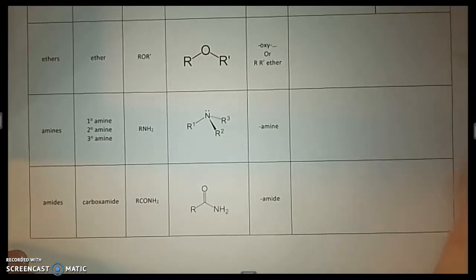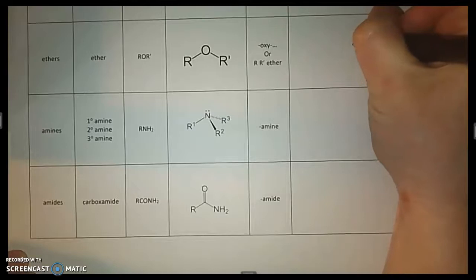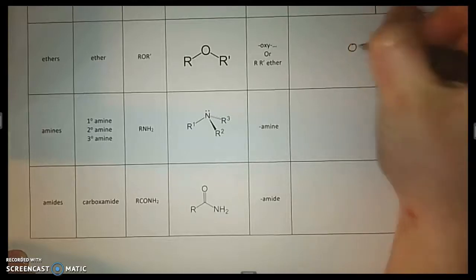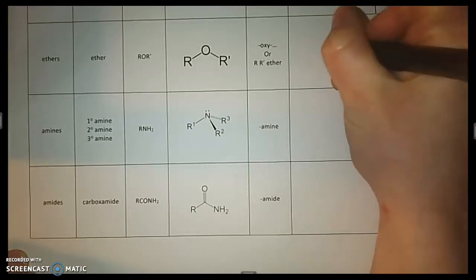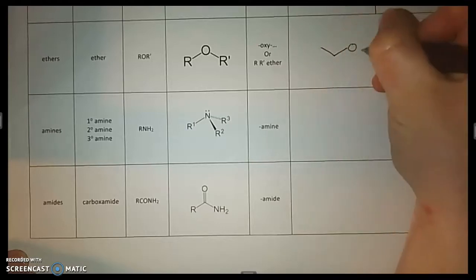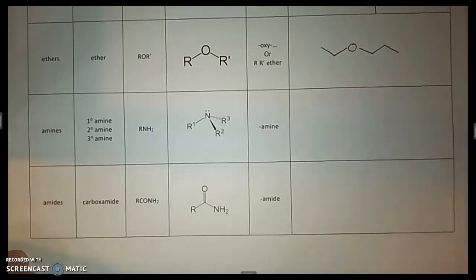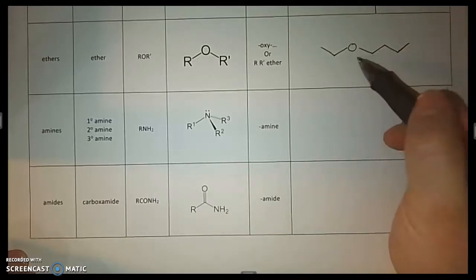a specific example of an ether, I've always got an oxygen in the middle, and then maybe I'll have 2 carbons on that side and 3 on that side. Well, let's make it 4. I just did one with 3. Okay, so 2 different ways of naming these. One is to just pick